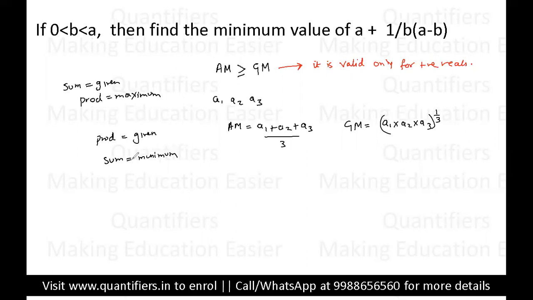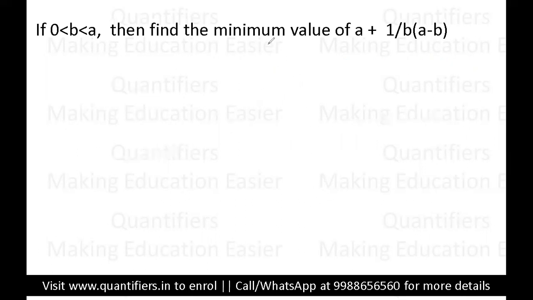Okay, students. So now let us look at the question. Now, students, if you see the question, from here we can figure out that both A and B are positive. Both A and B are positive. And if you see, they are asking the minimum value, right? Just now I explained this concept. If the sum is asked, the minimum sum will be asked. Sum asked will be minimum, and if the product is asked, the product asked will always be maximum.